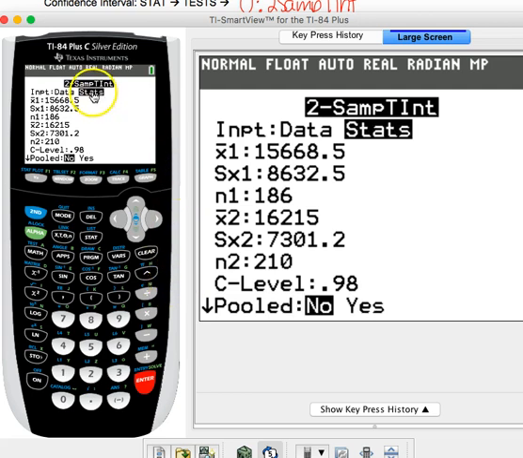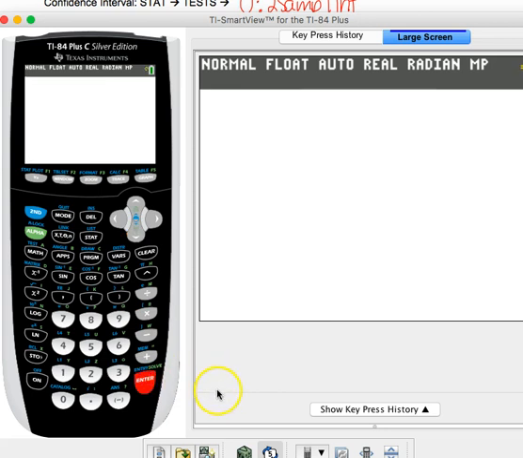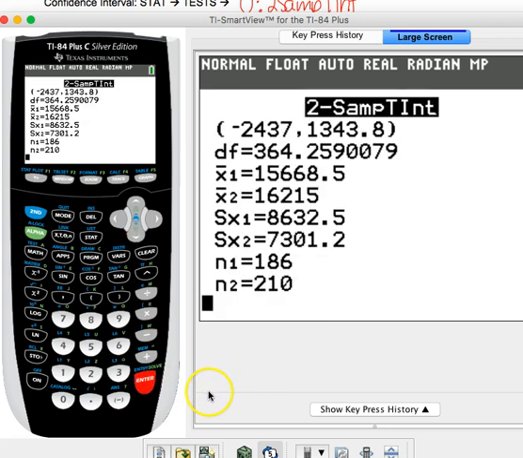And again, we have statistics, not data in this case. And double check, but all that information looks exactly like what I just put in. Confidence level is currently at 0.98, so I can leave it. Remember, we are never on this type of test going to use the pooled. So when we go to calculate now,